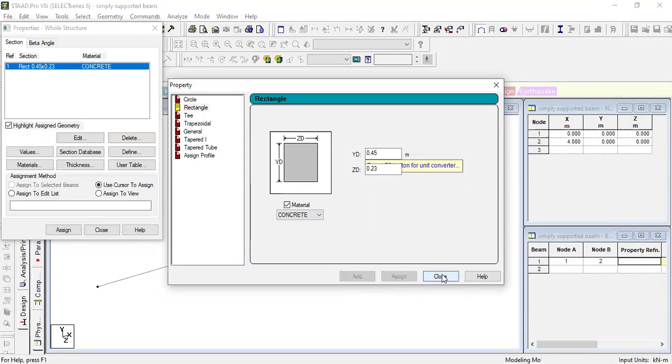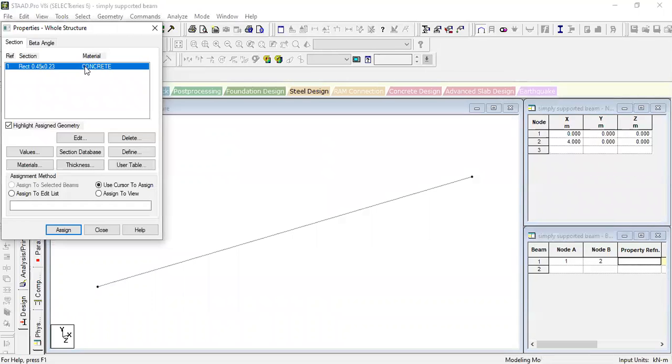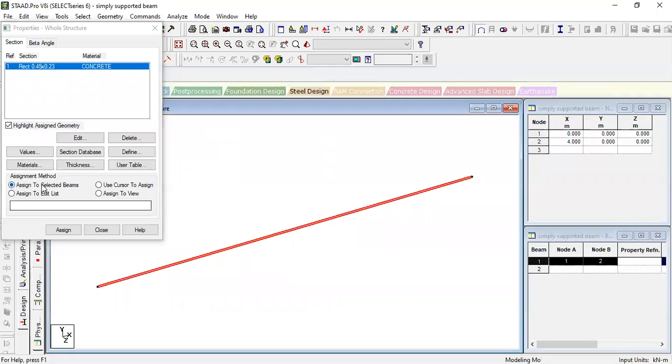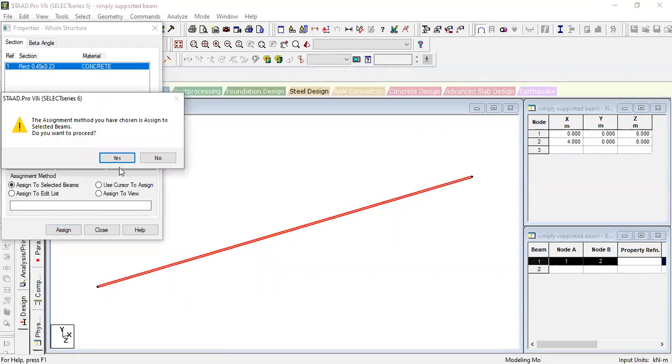After adding this one, close this and click on this one in the properties dialog box. Click on the beam and click here, assign to selected beams. Then assign. It will ask whether the chosen method is assigned to selected beams. Give it here as yes.